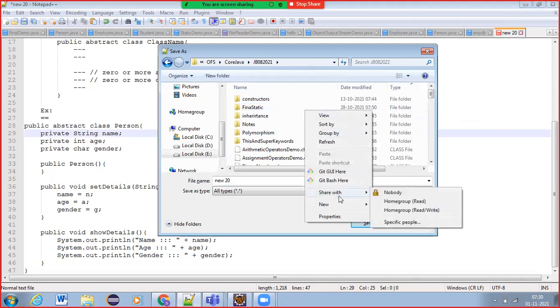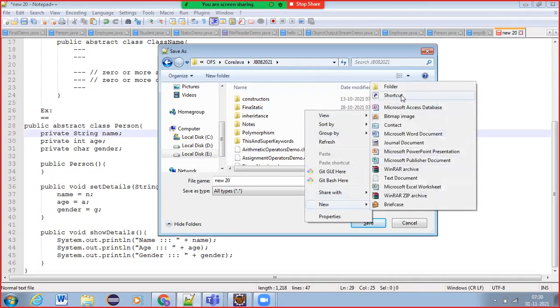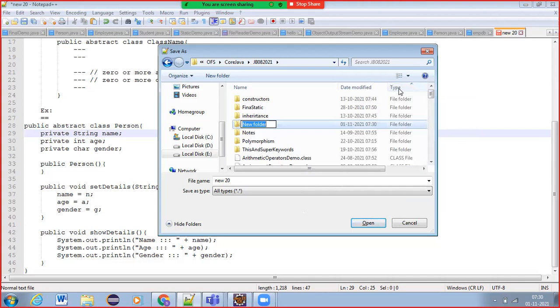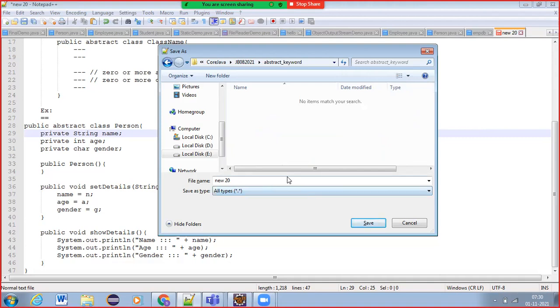So let's create a new folder, abstract keyword, abstract classes, methods.